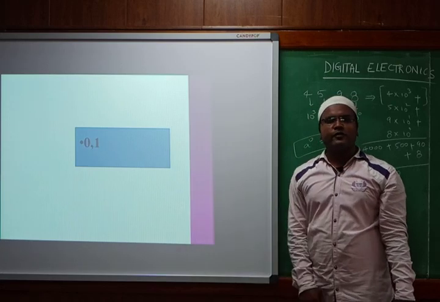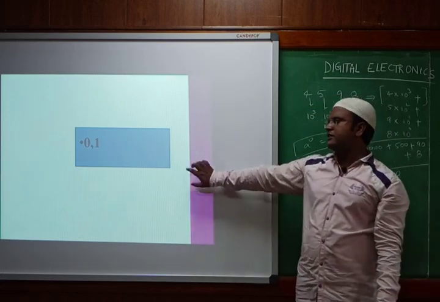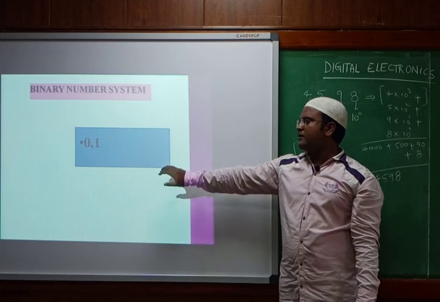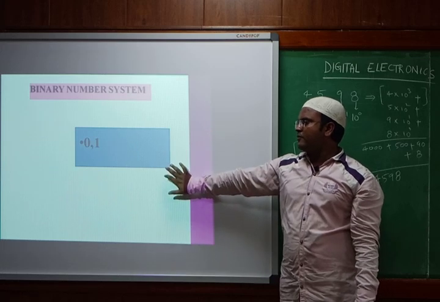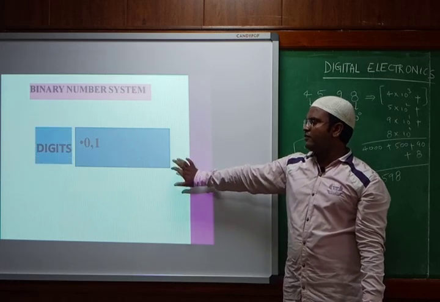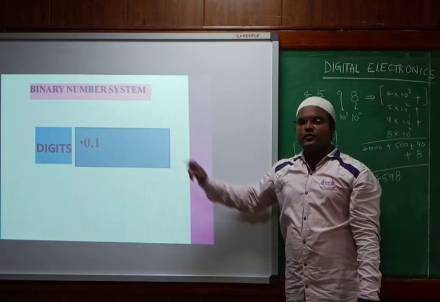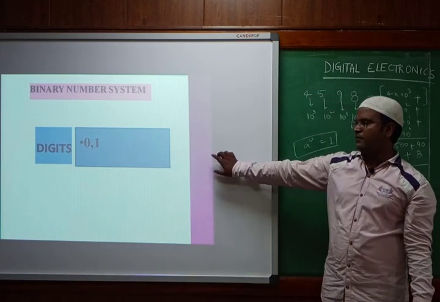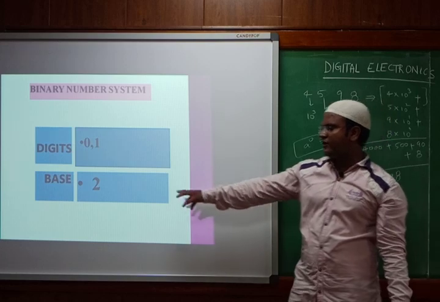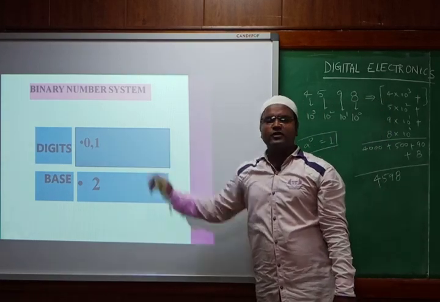Next thing, I just want to go for decimal. So what is the decimal digit should be there? Digits are from 0 and 1. So that number we want to convert it into decimal form. The digits what we are taking, 0 and 1, so that is a binary form. Next would be base. What is the base for it? It will be 2, because we are taking 0 and 1.